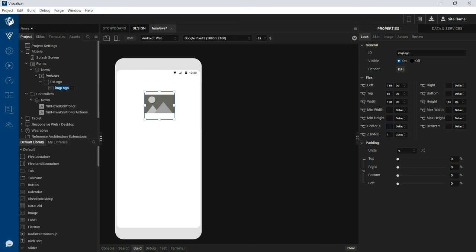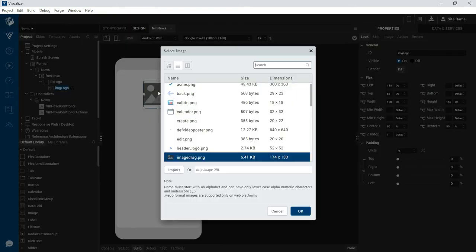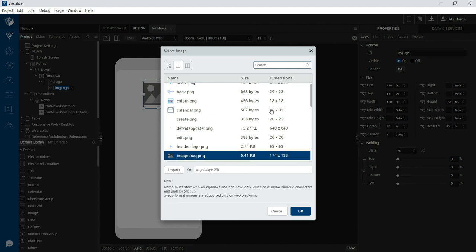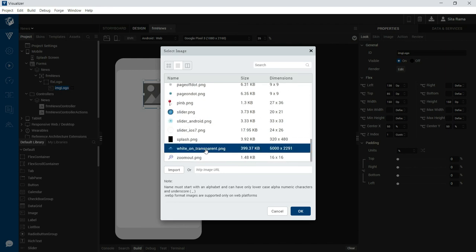I am positioning this image widget at the center of this flex container. I am selecting the PNG file that I want to show as part of this image widget.